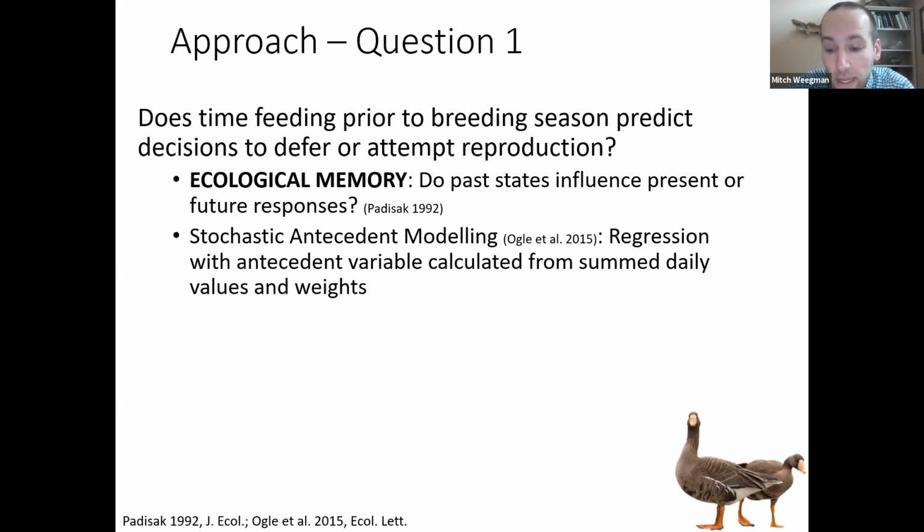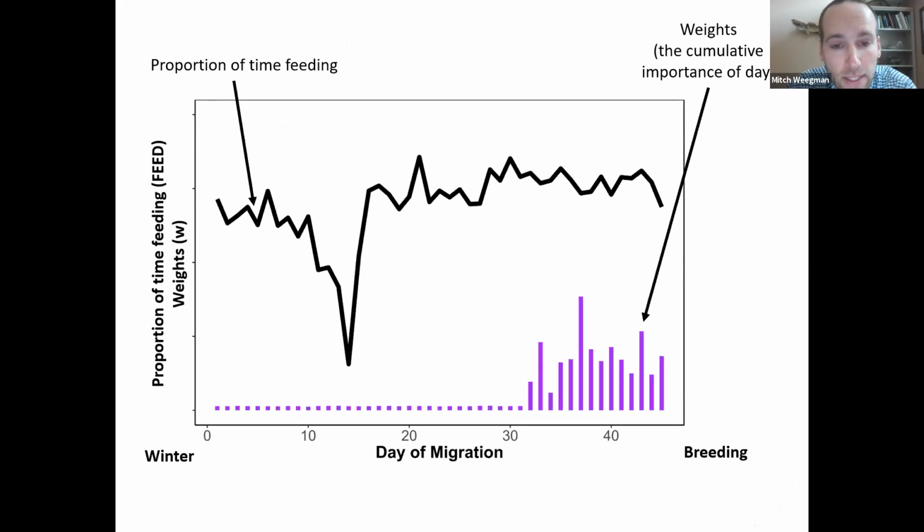So this is a hypothetical example just to illustrate the patterns coming out of these sorts of stochastic antecedent models. On the y-axis, we have proportion of time feeding, which can be measured from the acceleration data. Also, we have weights. On the x-axis, we have day of migration. So this is just from wintering areas to breeding areas. The solid black line, the pattern you're looking at, is the proportion of time feeding. And we see this pretty substantial drop early on in migration. The orange bar, or sorry, the purple bars represent